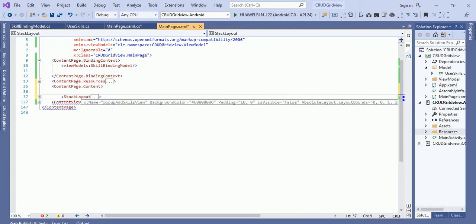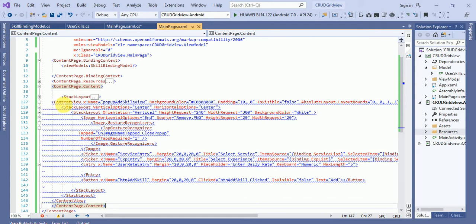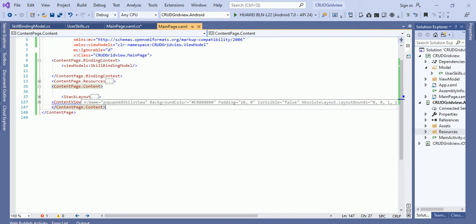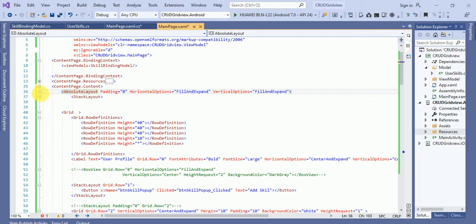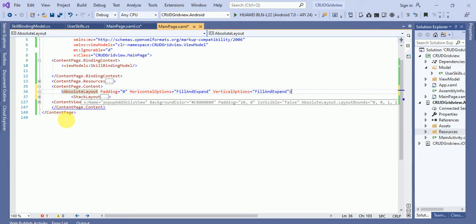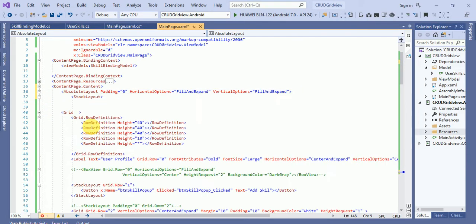So I'll minimize this and add a content page, and close this content page. Now one more thing we have to do: we have to add an absolute layout, and we have to close this absolute layout.